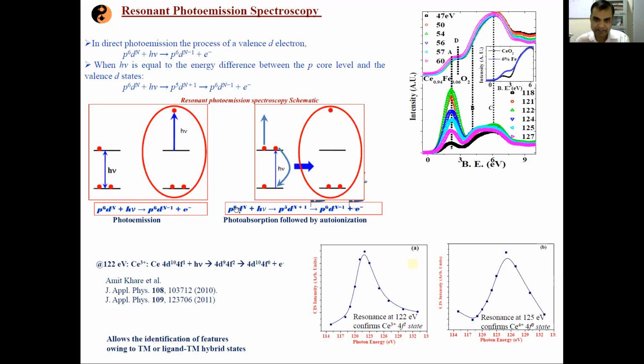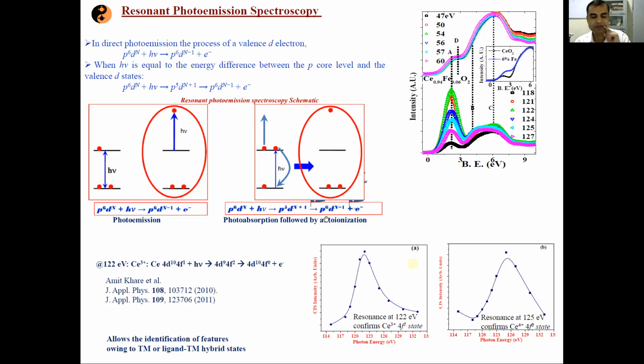But that is energetically unstable. So that excited electron comes back to the p state. But before coming back, the photon energy that could have been emitted is used to knock out another electron from the d level, which is already present there, something like Auger electron spectroscopy. So the excited electron of dn comes back to p5, so it becomes p6, but the possible emitted photon energy is expended in knocking out an electron from dn, so this again becomes dn minus 1.